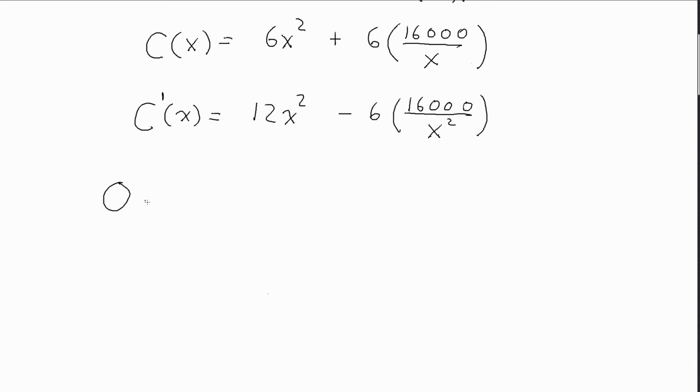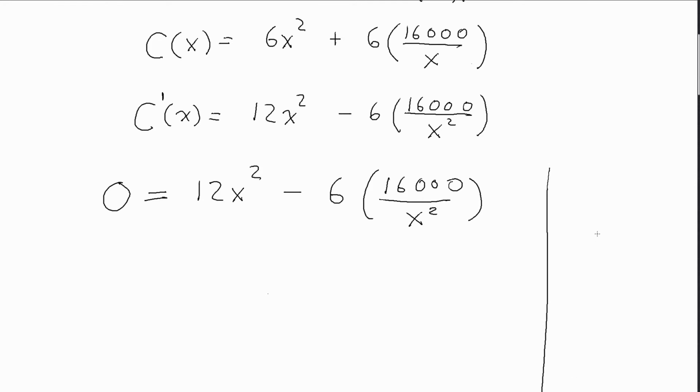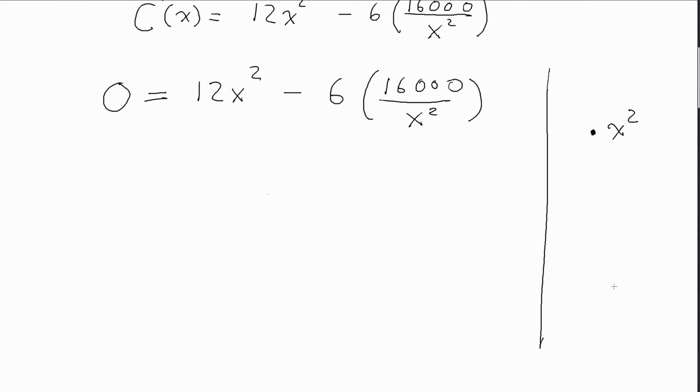So when is 0 equal to 12x squared minus 6 times 16,000 divided by x squared? And now, to solve this, first let's kill the denominators. The way you do that is you multiply both sides of this equation by x squared, leading to the equation 0